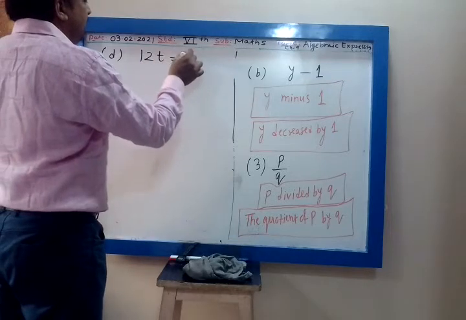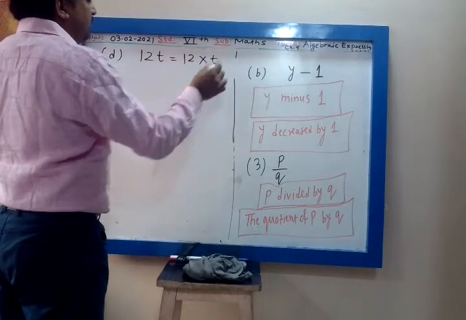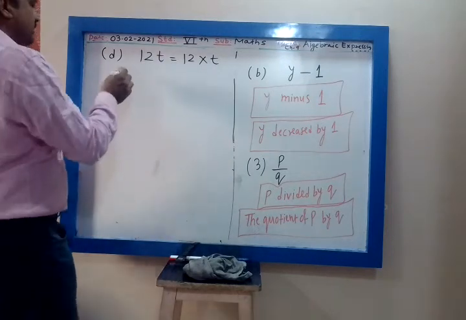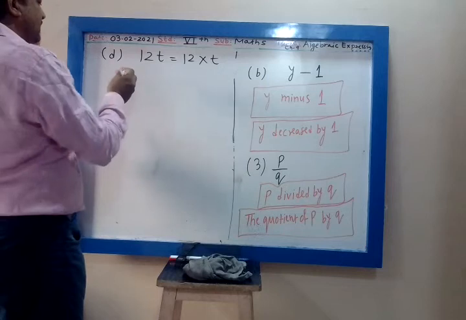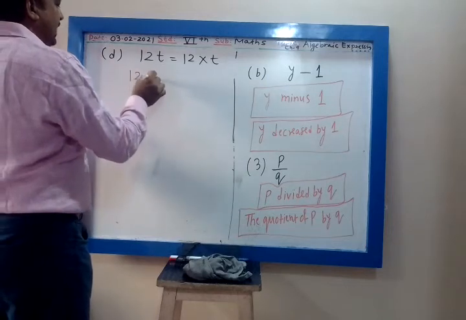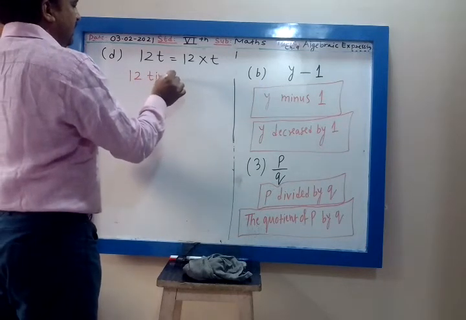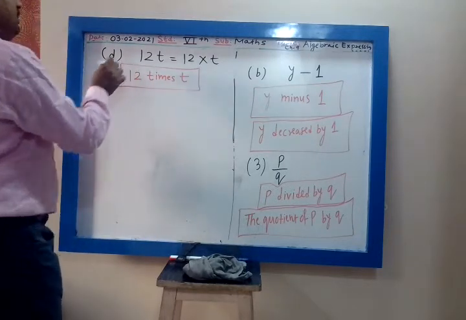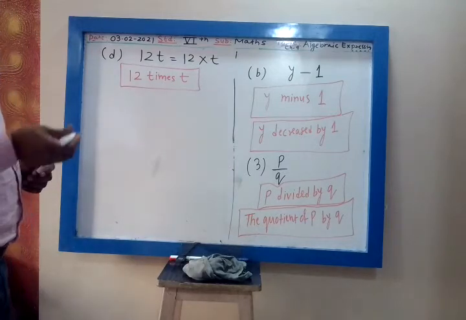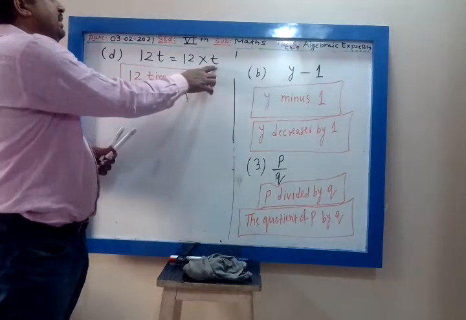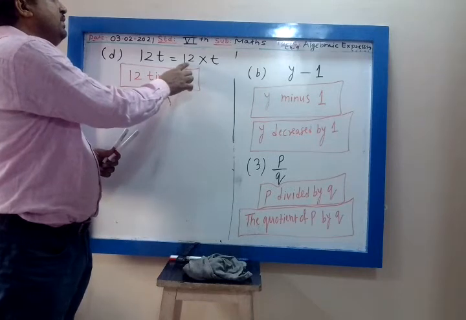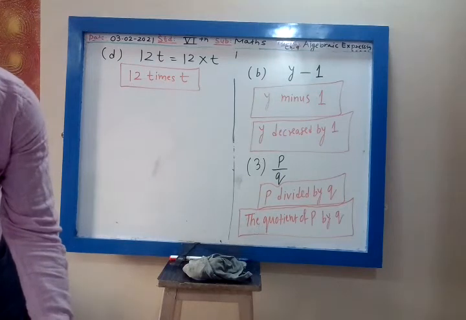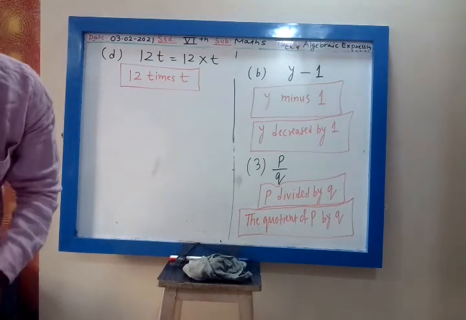12t means it is 12 into t. So t is how many times? 12 times. So this we read as 12 times t. This is the answer. T is multiplied how many times? 12 times. So we write the answer as 12 times t. Next,